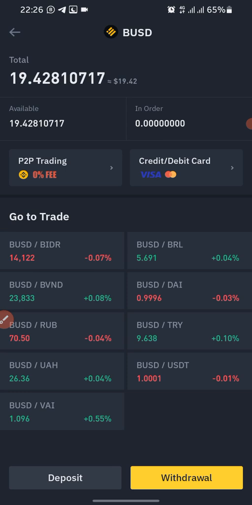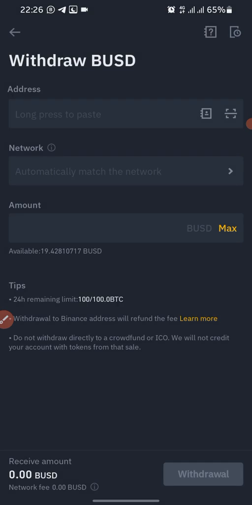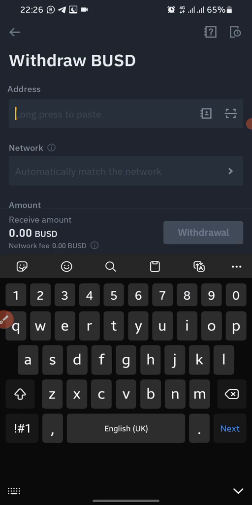So you copy your BUSD address from your spot wallet, and then you click on withdrawal here. You paste your Trust wallet address here. Paste.